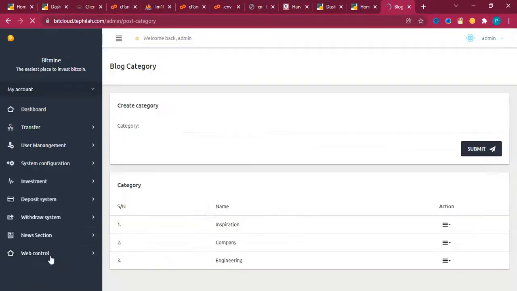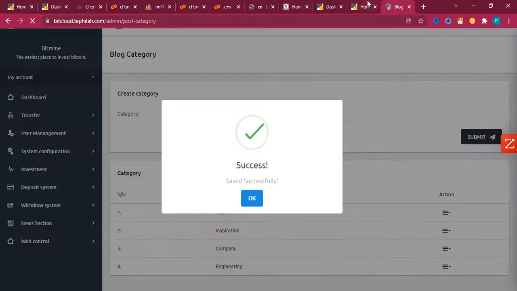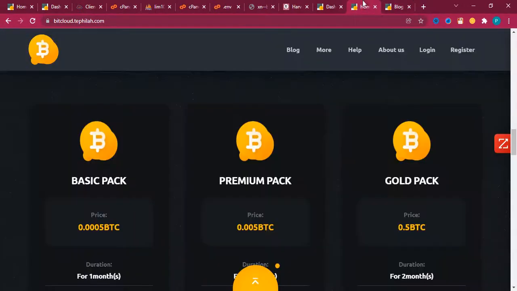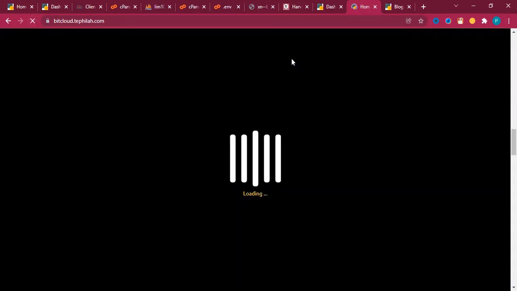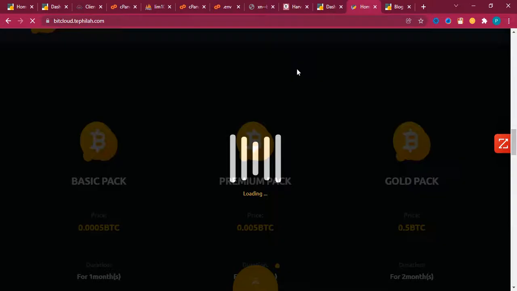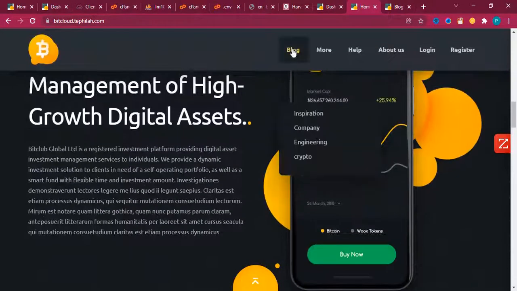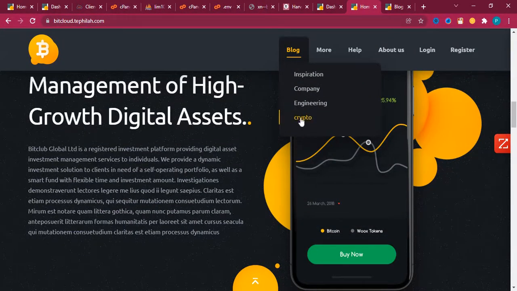The categories I just showed you there. So these are the categories, and you can actually add more categories. Let's take for instance, you want to create a category called crypto. You can just do that and click submit, and you will find that it will now be found in your blog category. So if we refresh now, this is our category now. On the same category, you can add wherever you want to add, so it is the creator we just added and stuff like that.